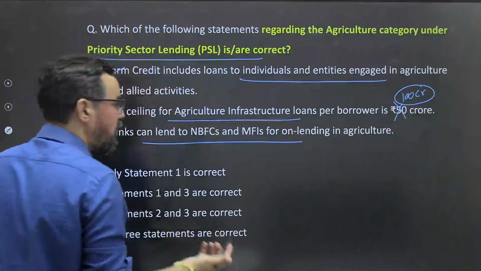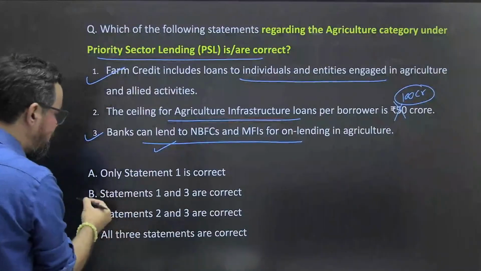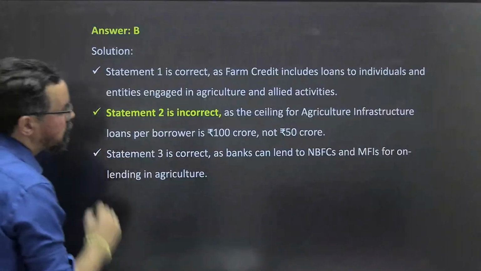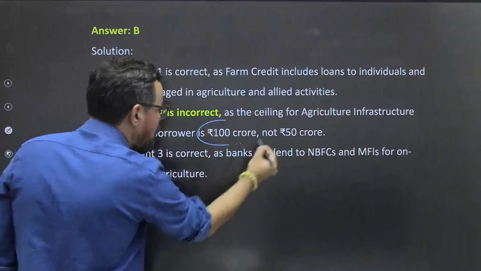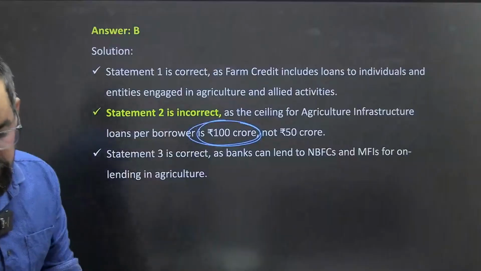ठीक है। इट इज आपका 100 crores आपका ओवरऑल, जितना मुझे याद है, ठीक है। और 500 crores, ठीक है। 50 करोड़ नहीं है, 100 और 500 करोड़ के आसपास होगा, ठीक है। बैंक कैन लेंड एनबीएफसी एंड एनएफआई ऑन लैंडिंग एग्रीकल्चर, ठीक है। सो 1 in 3 मींस ऑप्शन बी शुड बी राइट आंसर फॉर दिस वन। आई वांट टू चेक दैट अमाउंट। हाँ, इट इज 100 करोड़ ओनली, ठीक है। सो द सीलिंग इज आपका 100 करोड़, नॉट 50 करोड़ आपका, ठीक है।